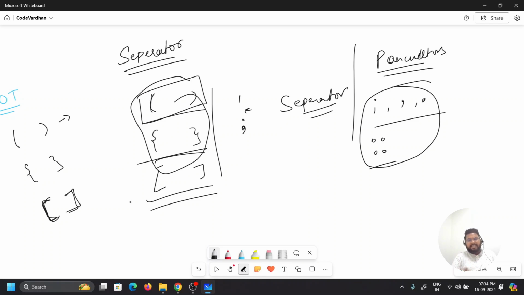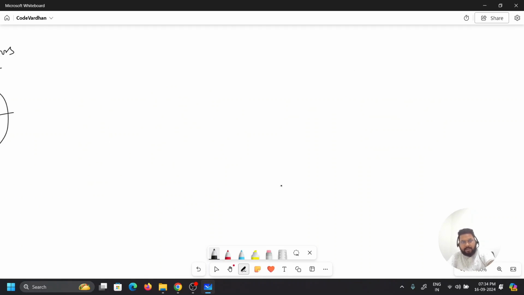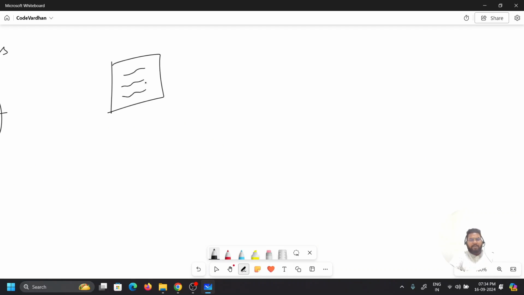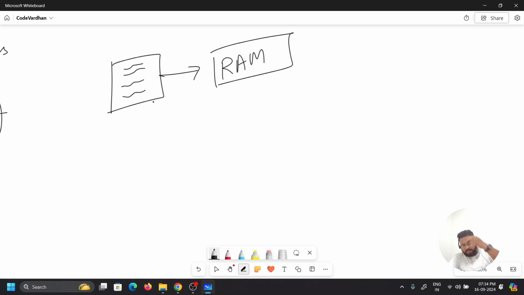With the help of these groups, we create a program. Whenever you complete writing the program, it is sent to RAM. RAM will do the proper execution of the program. Actually, before execution, the assignment operators will do their job: the variables will be created, the spaces will be assigned, and then this will be sent to the processor.